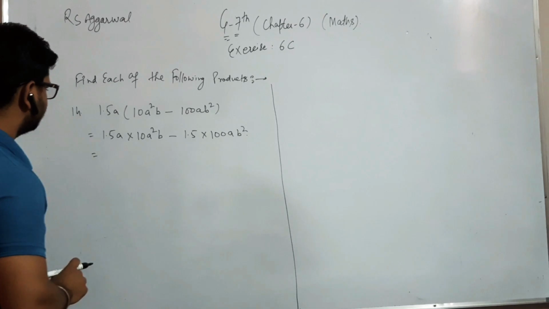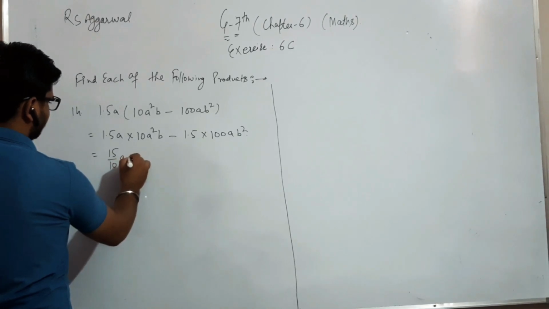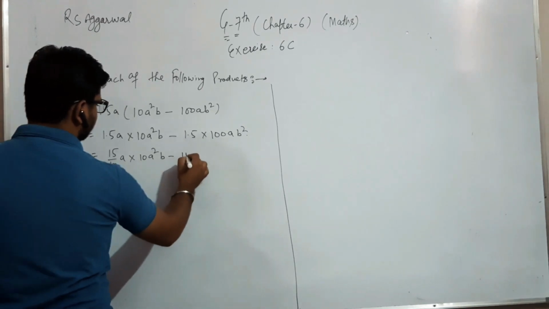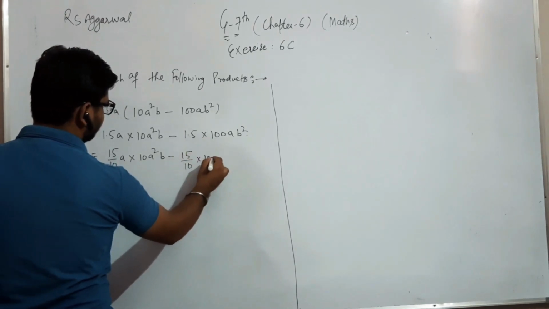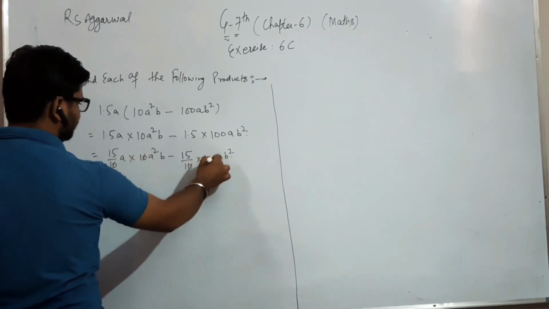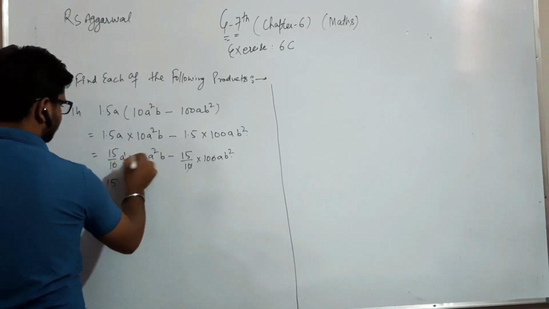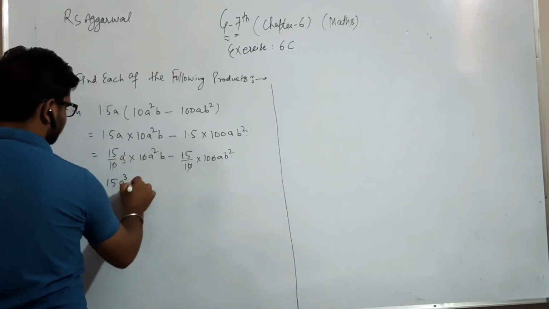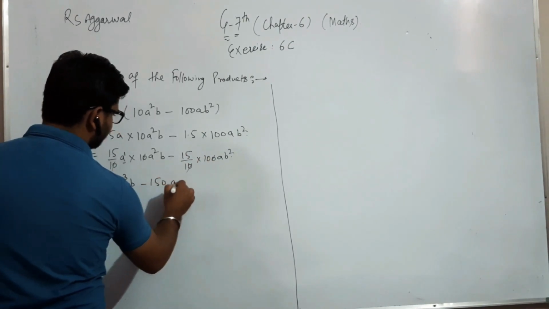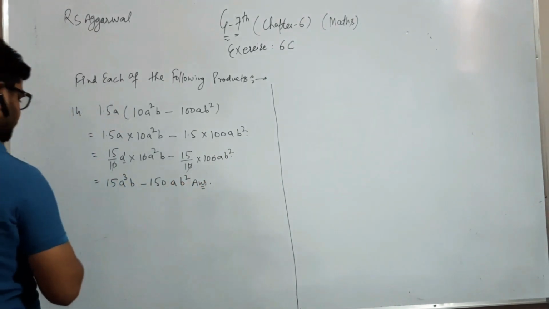Okay. So in this question, first we change this decimal into fraction form. It is 15 by 10 we write. Then a into 10 a raised to power 2 and b. Then we write it also in the fraction form, 15 by 10 into 100 a b raised to power 2. So 0 0 is cut with here. So here the 0 1 is cut, and what is left? 15 is left in the constant number. 15 a raised to power 1, a raised to power 2, it is a raised to power 3. Then b. 15 into 10 is 150 here. Then a and b raised to power 2. This is the answer of this question.